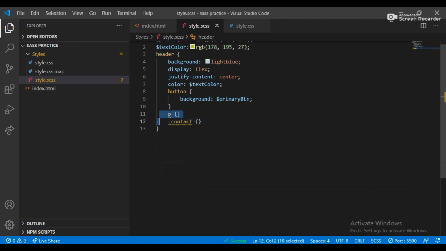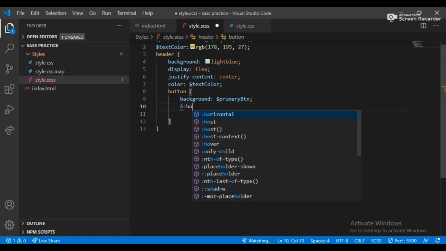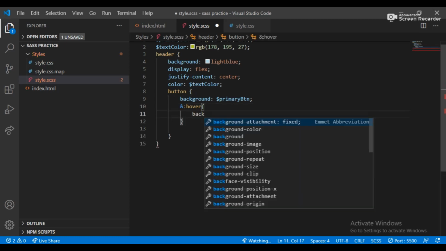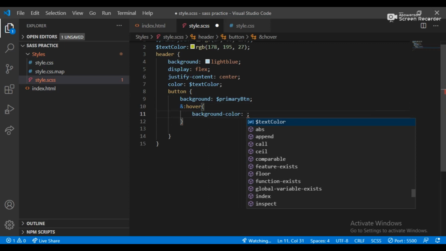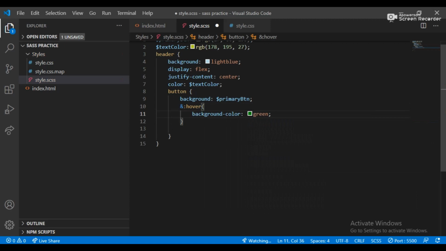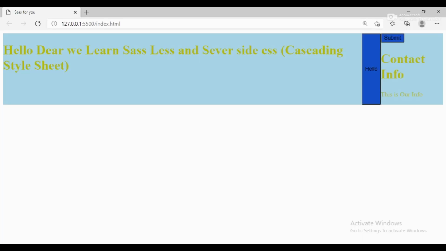You just need to remove this, and so I'm just adding the primary button. It is the background color. And now if you want to add the hover on the button, you just need to add colon hover, and the background color should be green. What color you want to use? When I hover over a button, it works the same as in the style sheet. This is the pseudo class. You can add it here. Now you can see the result.